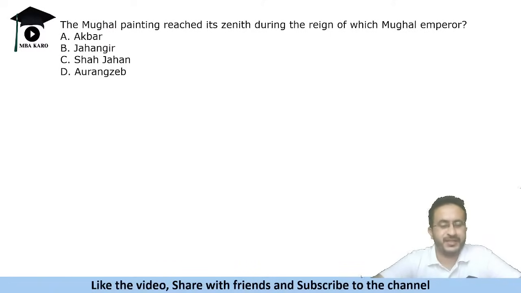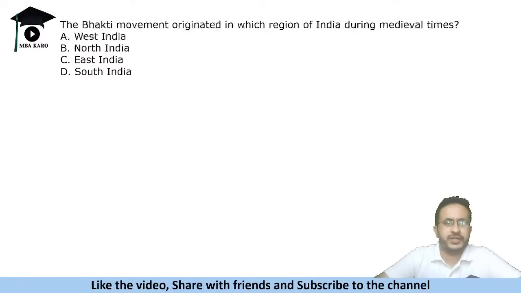अगर नहीं भी आता, गलत भी होगा, कोई बात नहीं. I mean एग्जाम में मत करके आना, but here at least you can comment and answer the questions. क्योंकि एग्जाम में होता है कि गलत होगा तो नेगेटिव मार्किंग होगी, राइट? ओके, गेस करो. यस, योर गेस इज करेक्ट. जहांगीर इज द राइट आंसर. All right, so let's move to the next question. The Bhakti movement originated in which region of India during the medieval times?